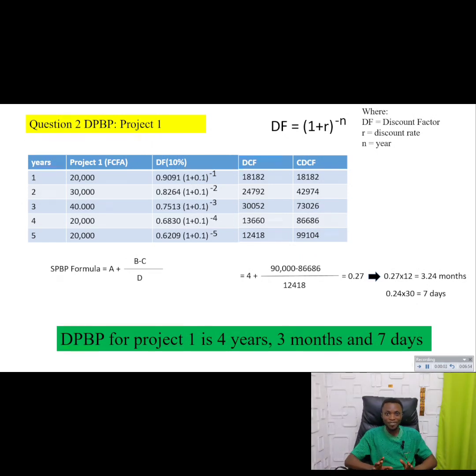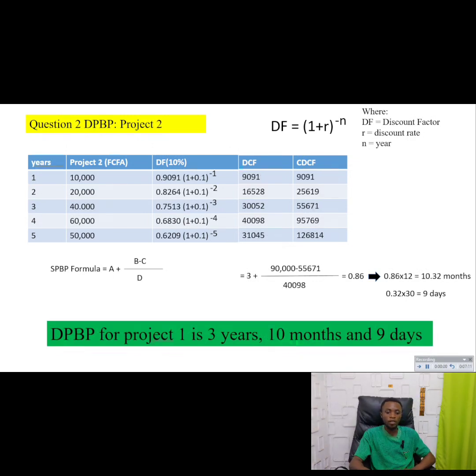Now just pause the video, go ahead and calculate project 2. Make sure you follow all the steps as we discussed earlier. It is the same procedure, just use project 2 and calculate. Now if you calculated project 2 correctly, these are your figures. Your discount factor should be that, your discounted cash flow should be that, and your cumulative discounted cash flow should